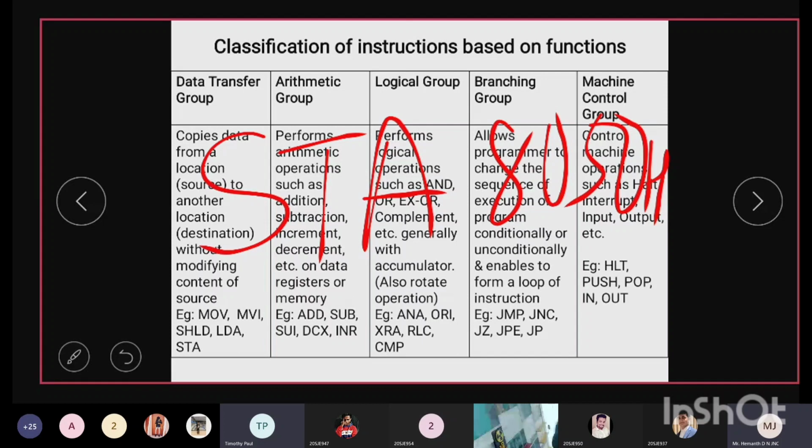STA 8050H is nothing but store accumulator, that is, store the content of the accumulator to the memory location 8050H. Here the memory location is the one specified or given in the instruction.